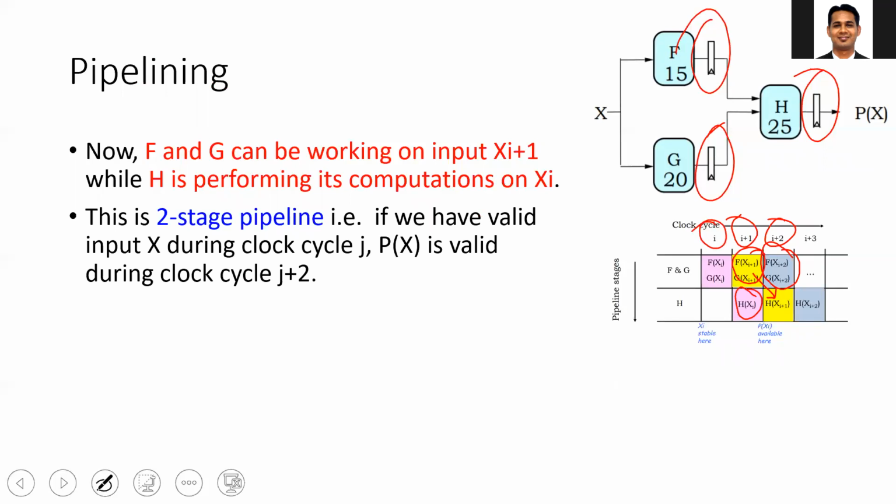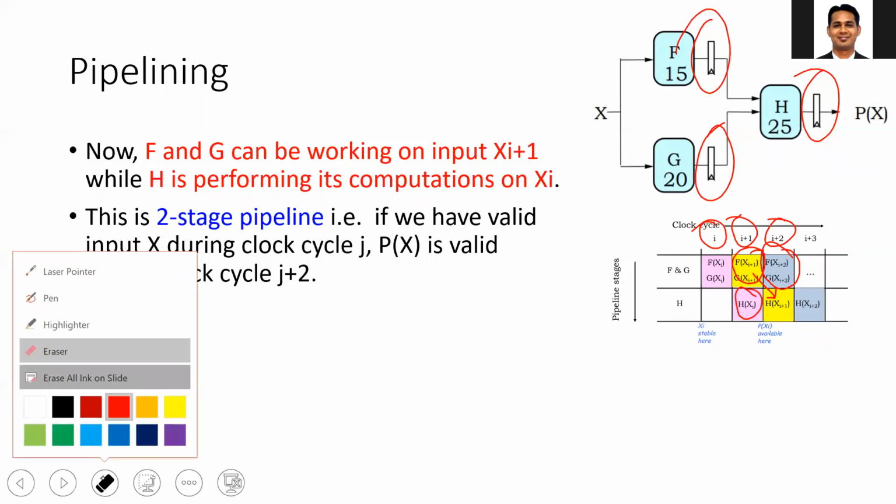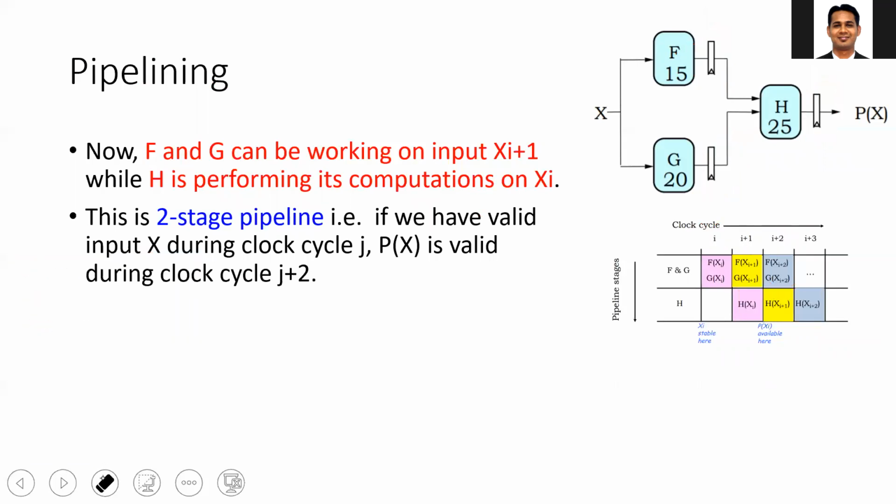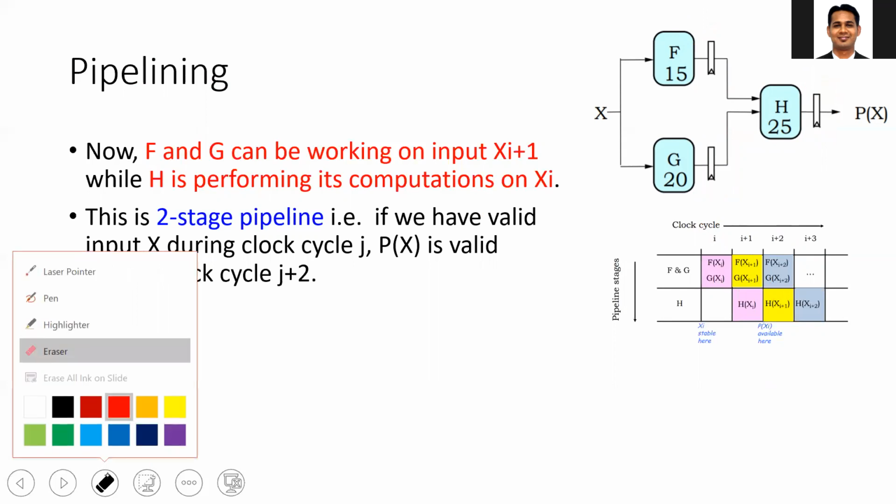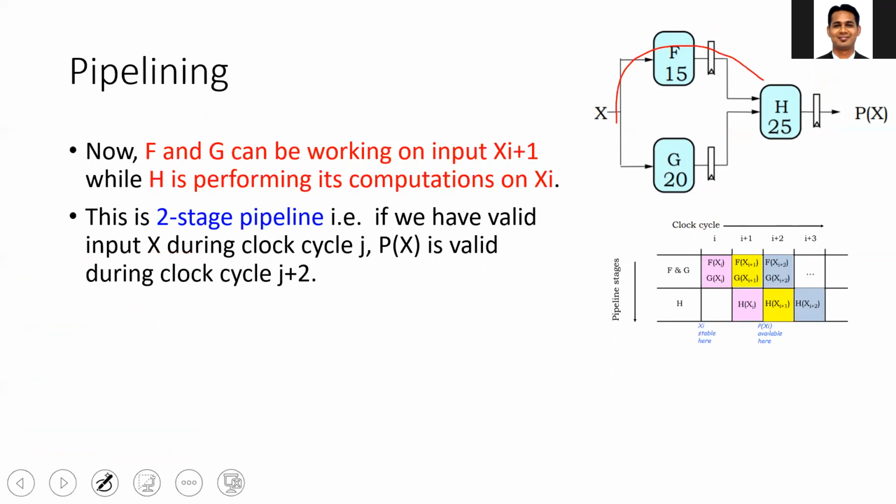Okay, this is very important to remember, and many people make a mistake here. This is called a two-stage pipelining because for every path from the input to output, understand, from every path from the input to output, there are two registers. If you put the register here and if you don't put the register here, you will make a mistake. This is not a correct pipeline. For every path from the input to output, you have the two registers.